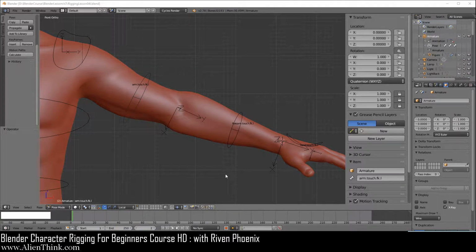Okay, so what we are going to do now is set up the IK bounds. Now, the IK setup is going to be very similar to how we set up the leg IK bounds. So here what I want you to do is first make sure that this is on a local, and over here we're just going to do this median point, and of course make sure that this is on pose mode.